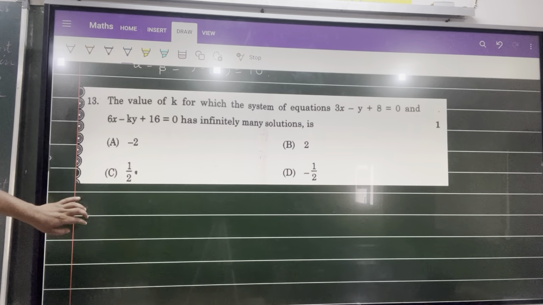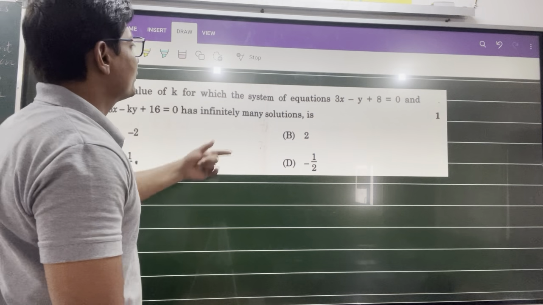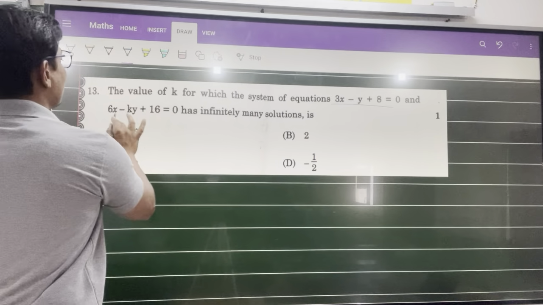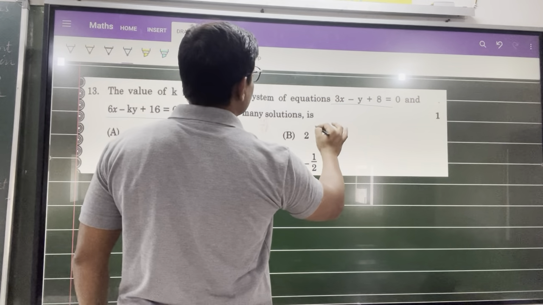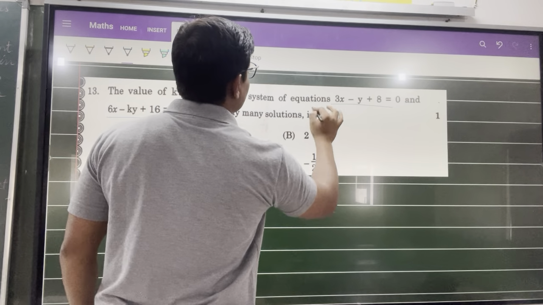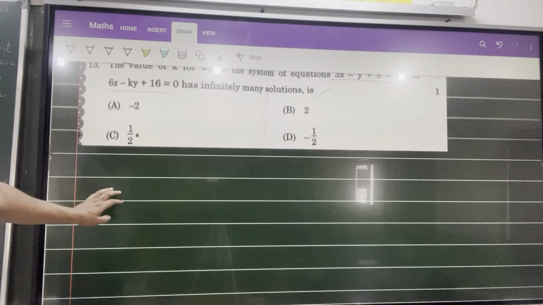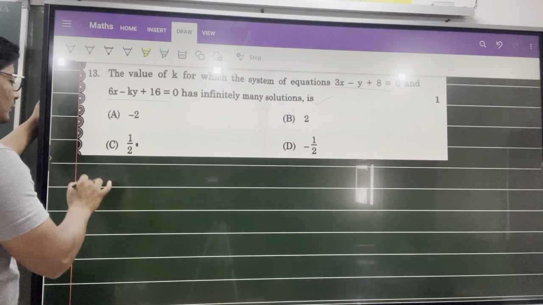Okay. So let us check the 13th question. The value of k for which the system of equations 3x minus y plus 8 equal to 0 and 6x minus ky plus 16 equal to 0 has infinitely many solutions. This is based on a pair of linear equations. Very simple question because they have directly given the two equations. We have to just compare the ratios because we know that